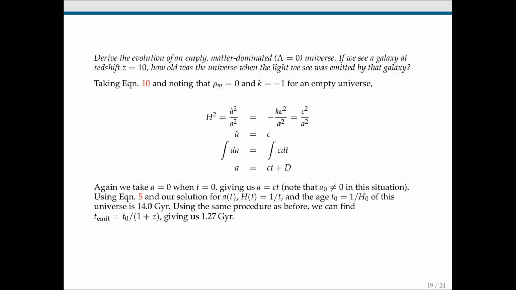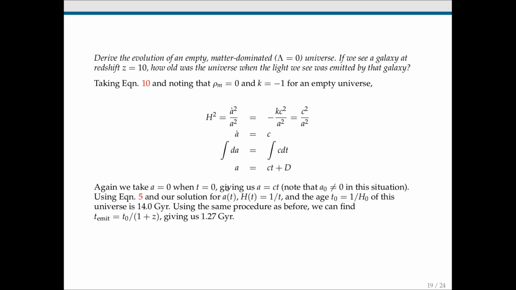Now, let's derive the evolution of an empty, matter-dominated, again lambda equal to 0, universe. If we see a galaxy at redshift z equal to 10, how old was the universe when the light we see was emitted by that galaxy? So this is the same question, just with a different kind of universe. So we now set rho_m equal to 0 because it's empty, and k equal to -1 because the universe is open. We plug that into Friedmann's equation, and we get this, which gives us this,